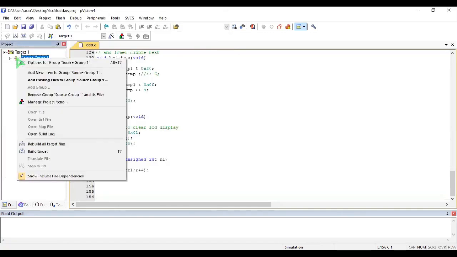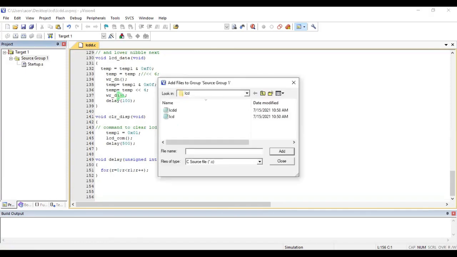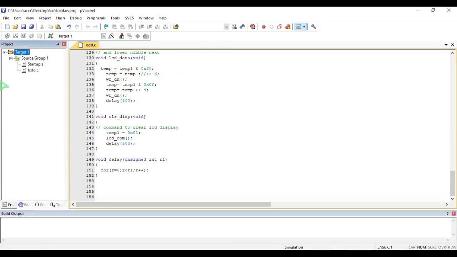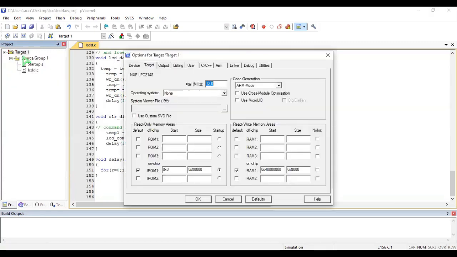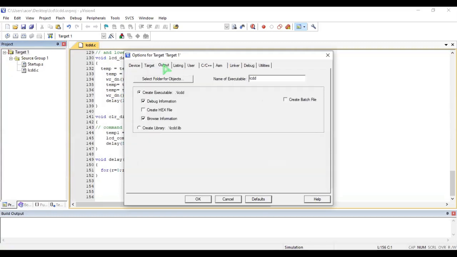And the next step, I will add this .c file to the source group 1. And next, I will right click on the target and go to options for the target. Here I'm using the micro library, and in output, click on hex file. So it will generate the hexadecimal source file in our folder.